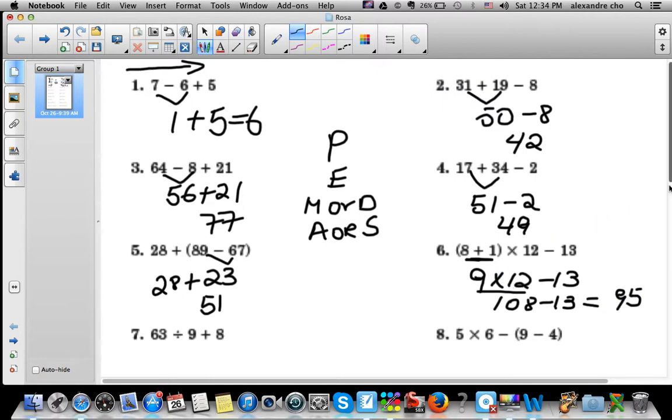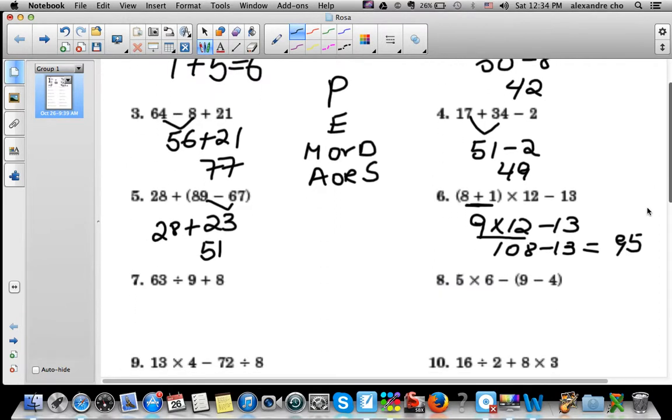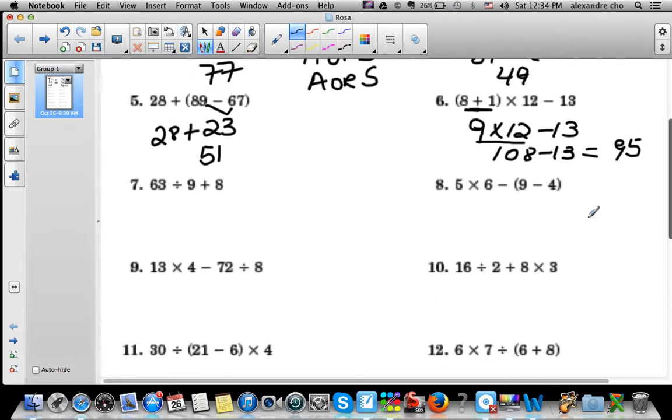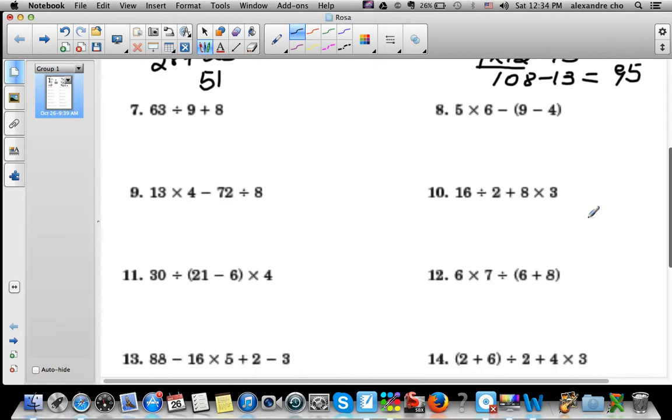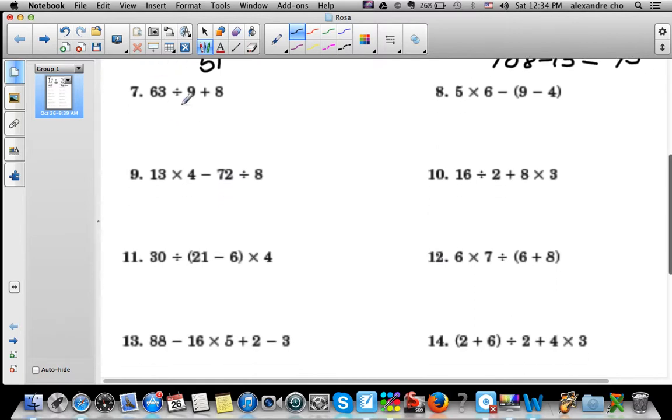Okay, lower this a little bit. A little bit more. Alright, so let me write P, E, M or D, multiplication or division, and addition